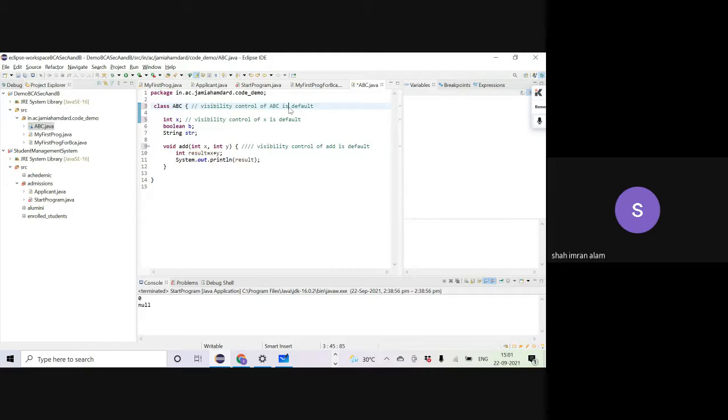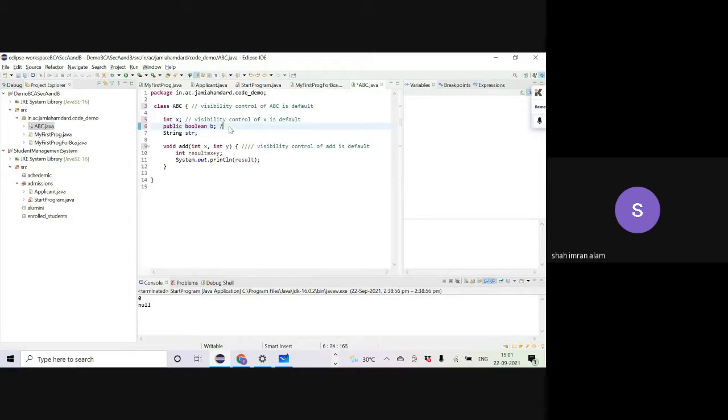Yes, sir. Okay. If I put a keyword like public over here, or let me use another variable here for the boolean. Let me say boolean b is public.